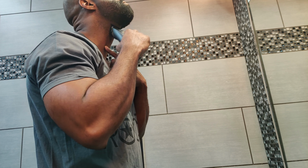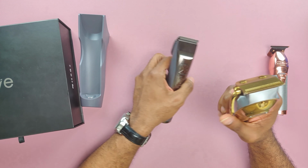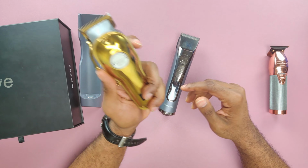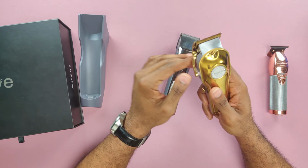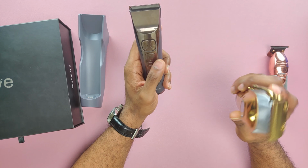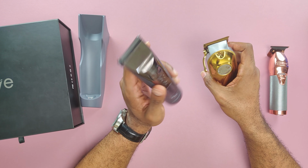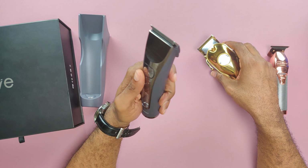You want less pressure on the wrist. And when you compare it to something like these Kames, these are really robust trimmers, much heavier. I think you kind of want that, I don't mind that. But things like this, you start using this for a long time and you kind of feel the weight a little bit. But I like that these are much lighter, so you can go hours and not feel any pain on the